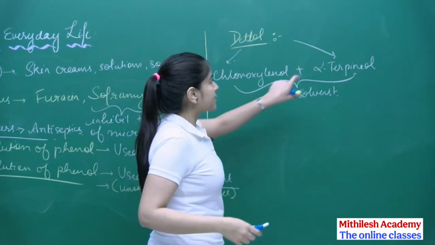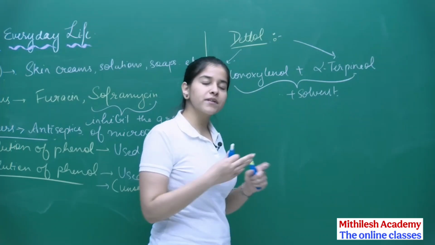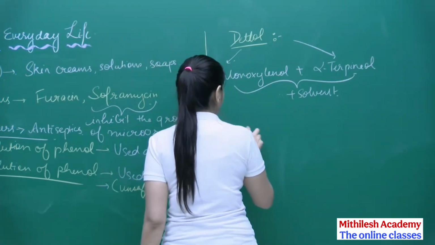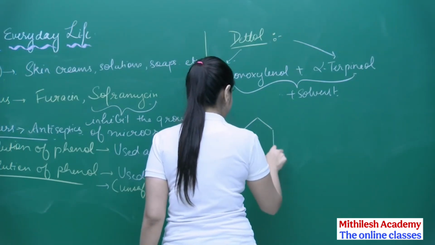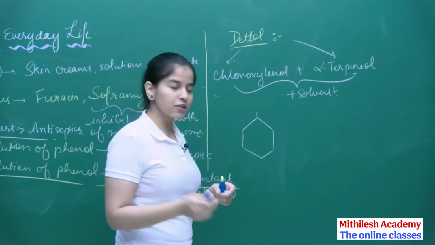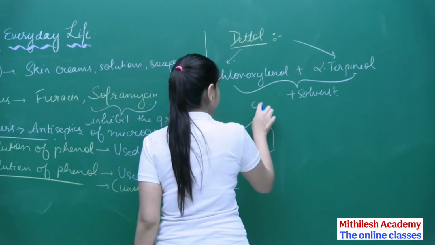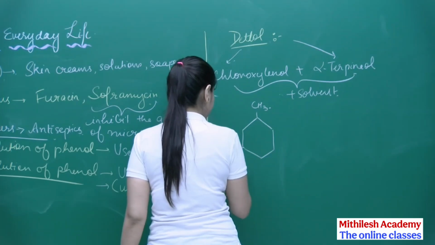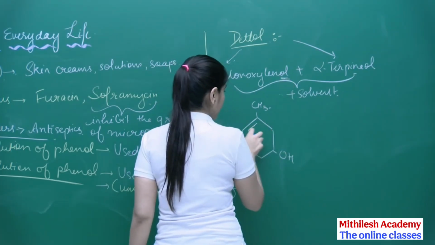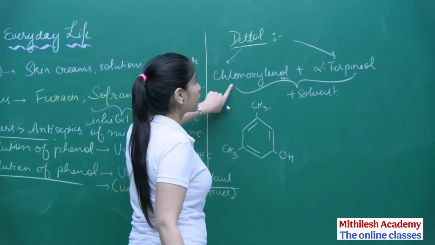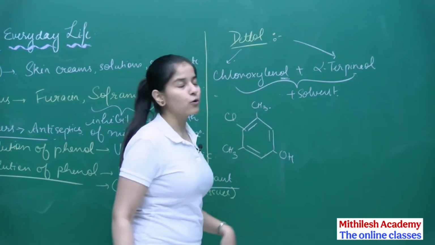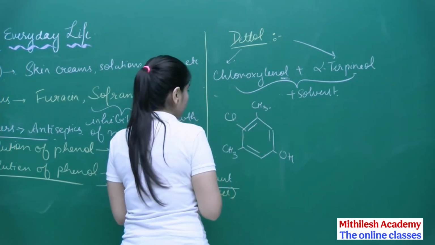So now let's discuss the structures of the 2 in order to have a proper understanding of how Dettol is made. Basically, chloroxylenol, first of all, I am drawing. Xylene we all know, that is having 2 methyl groups. So here I am taking up the metaxylene, and OH stands for the alcohol. I have got an aromatic ring, chloro is left now, so the chlorine is attached over here. So this is nothing but chloroxylenol.